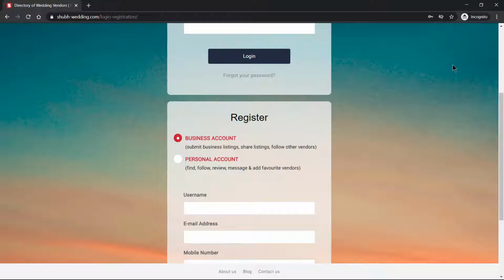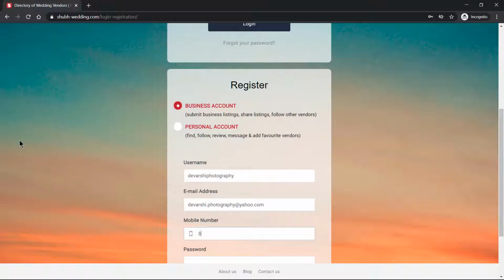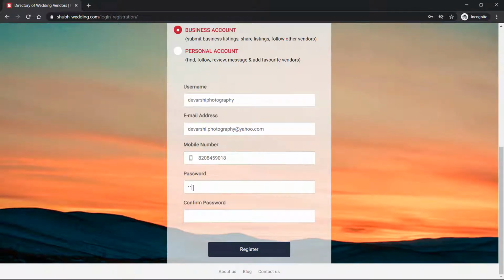So here, for demo purposes, we are going to register as a business account. Click on register.